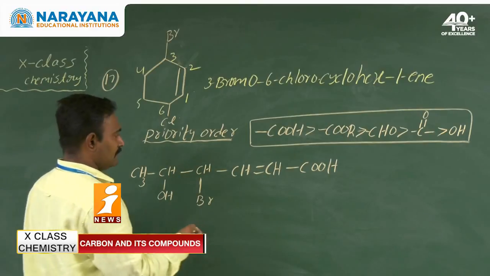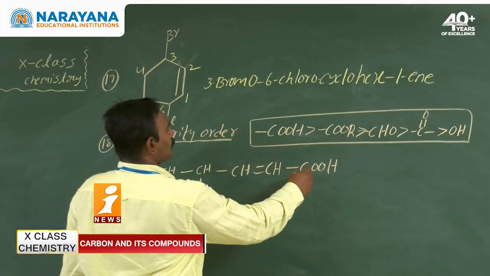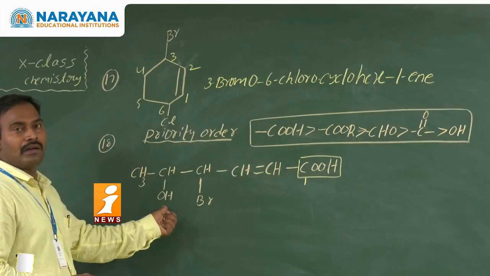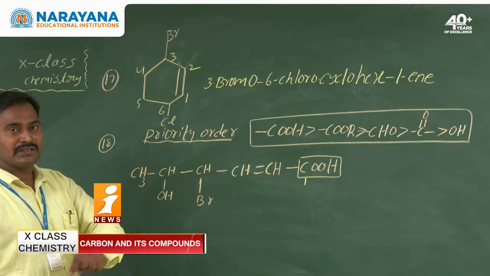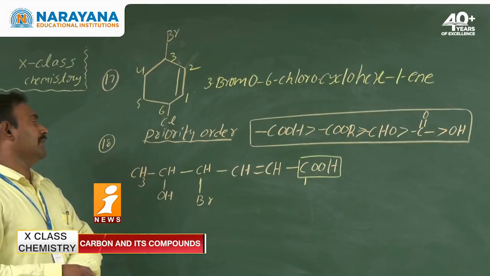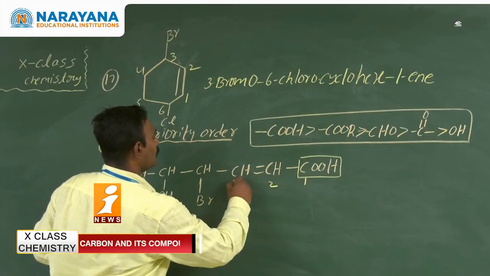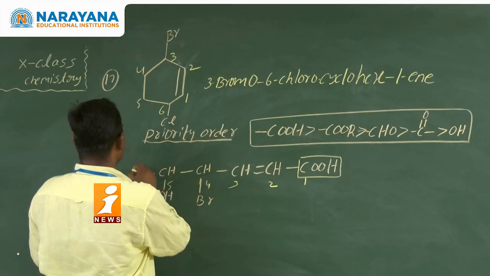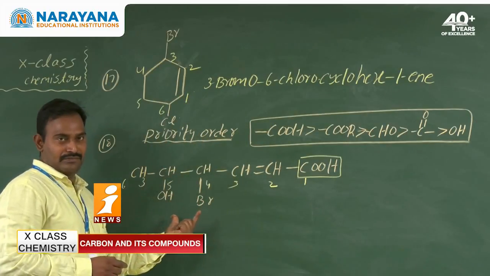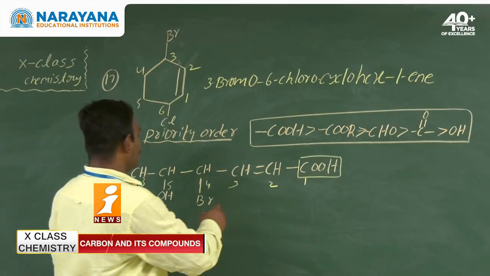See here, two functional groups are present, carboxylic acid and alcohol. So carboxylic acid has the higher priority and gets the least number. So 1, 2, 3, 4, 5, 6. Now how can we write these? The other two are only substituents. Okay, now the name of this compound is